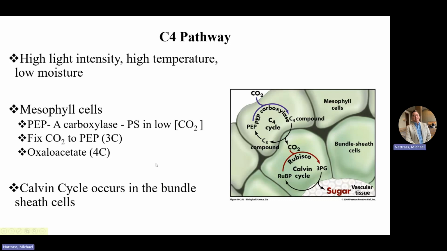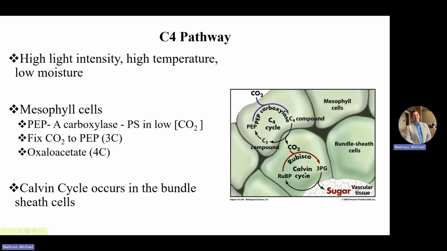So the Calvin cycle actually occurs in the bundle sheath cells. That's why it's location dependent, or regulated based on the location. So these cells can still remain open, the stoma can still remain open and take in this carbon dioxide. And then it will give it to that Calvin cycle as needed. So this is the storage place for carbon dioxide. When the Calvin cycle is ready for it, that carbon dioxide gets pushed into the bundle sheath cells where the Calvin cycle, the C3 pathway,